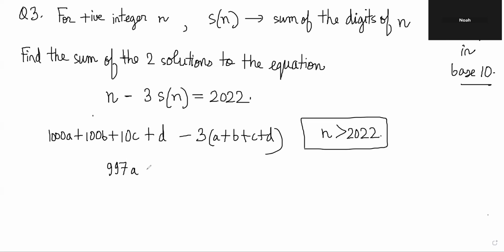Then you get 997A plus 97B plus 7C minus 2D. Then the thing you can notice is that